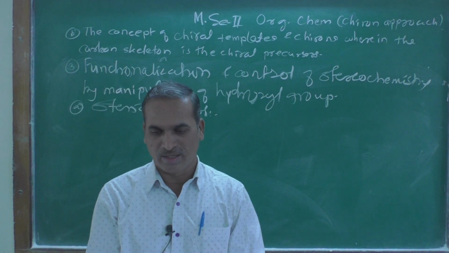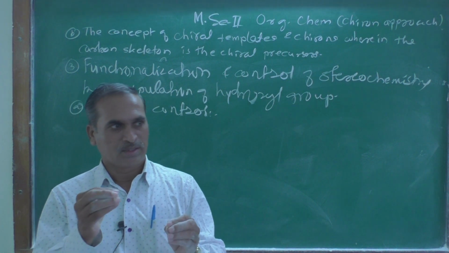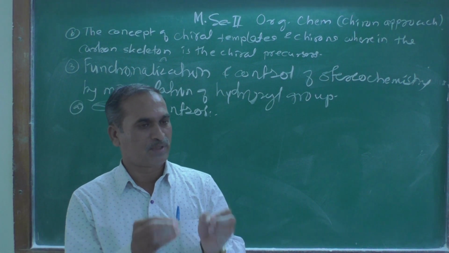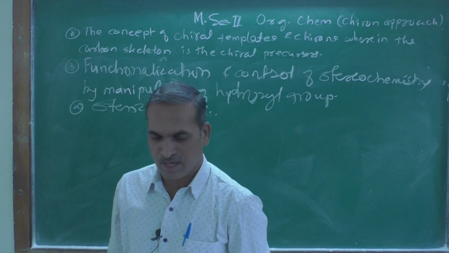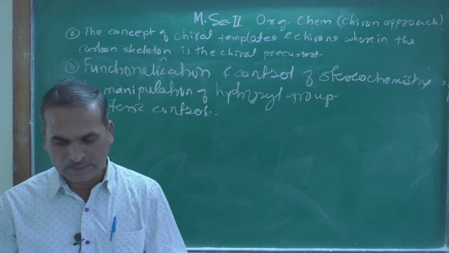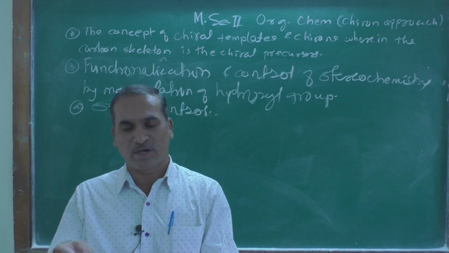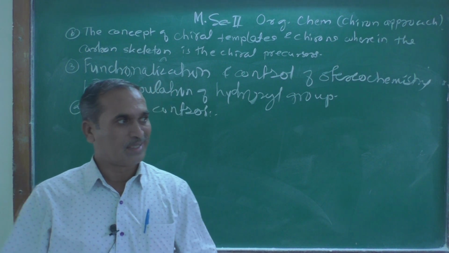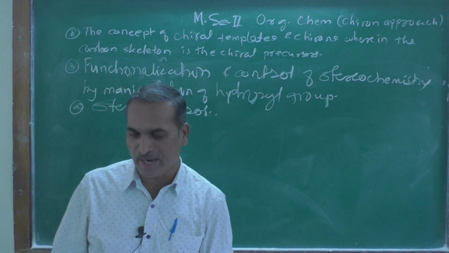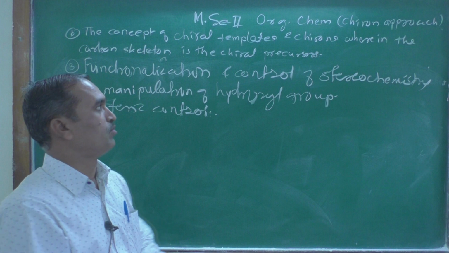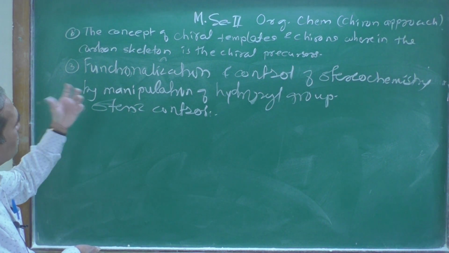What did we learn yesterday? Yesterday we learned about the application of, or the use of, the rule of 5 in a carbohydrate, with a suitable example. I think myoticin is one of the examples we have taken, how it is applicable, how it is applied there, that we have seen. And now what we are going to learn today is again in that